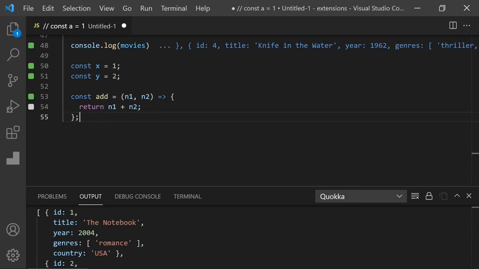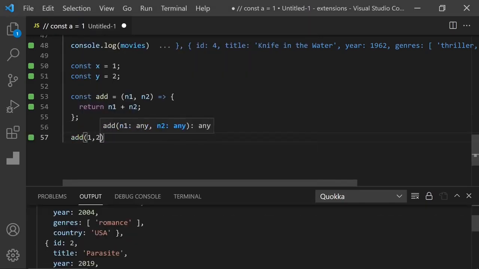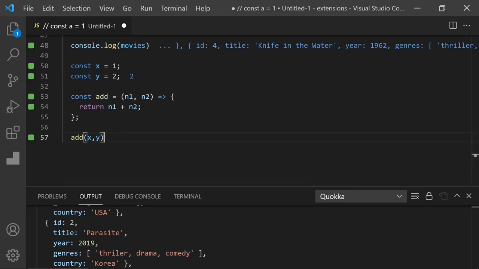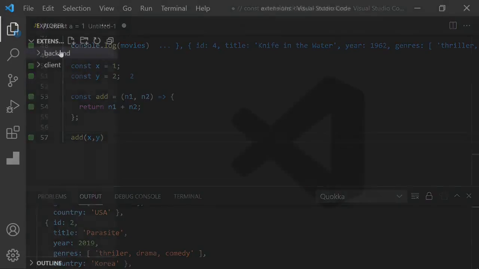As you can see, it's gray because we didn't actually call this function. If I say add 1, 2 or x, y from here, now this line is executed, and it's really useful because sometimes we forget calling functions or we get different results instead of what we expect. But thanks to these indicators, it's really easy to figure out where the problem is,